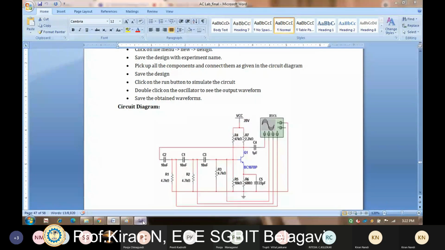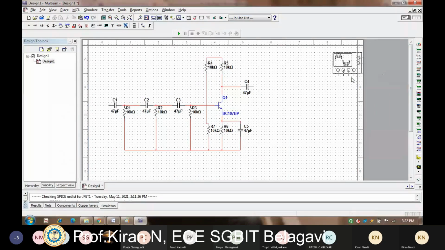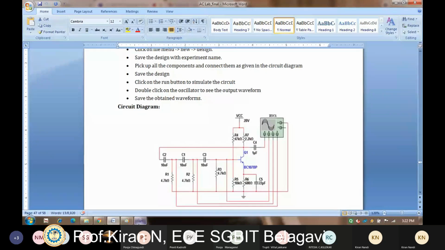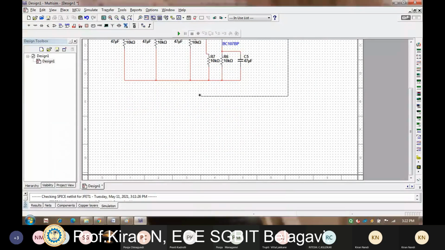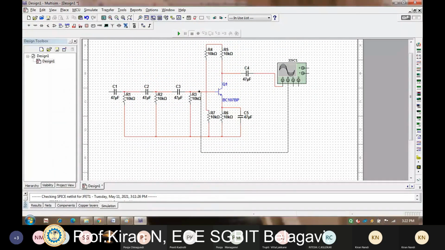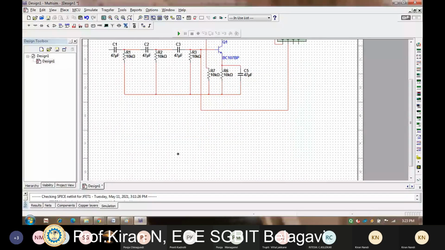Now I need an oscilloscope, 4-channel oscilloscope. I'll connect now. One I'll connect this like this, and one point I'll take from this. So similarly, I'll take all this and I'll connect here.